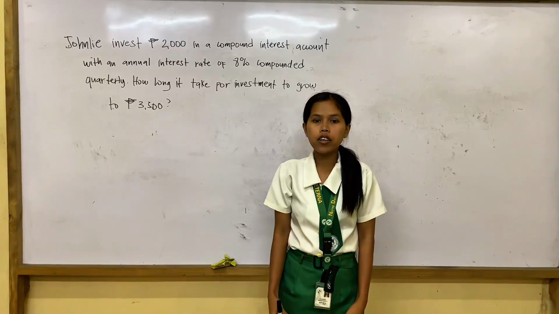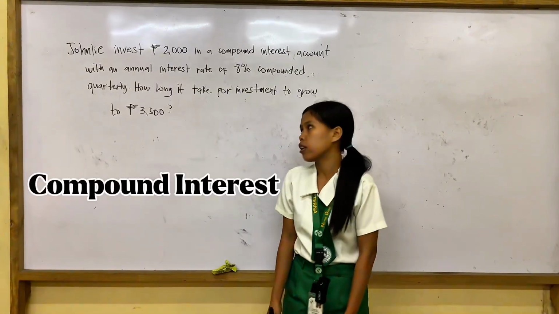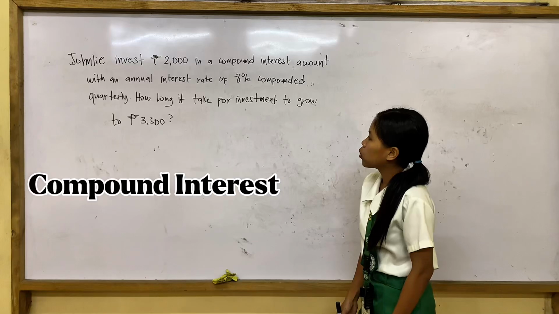For our compound interest example, Jollibee invests 2,000 pesos